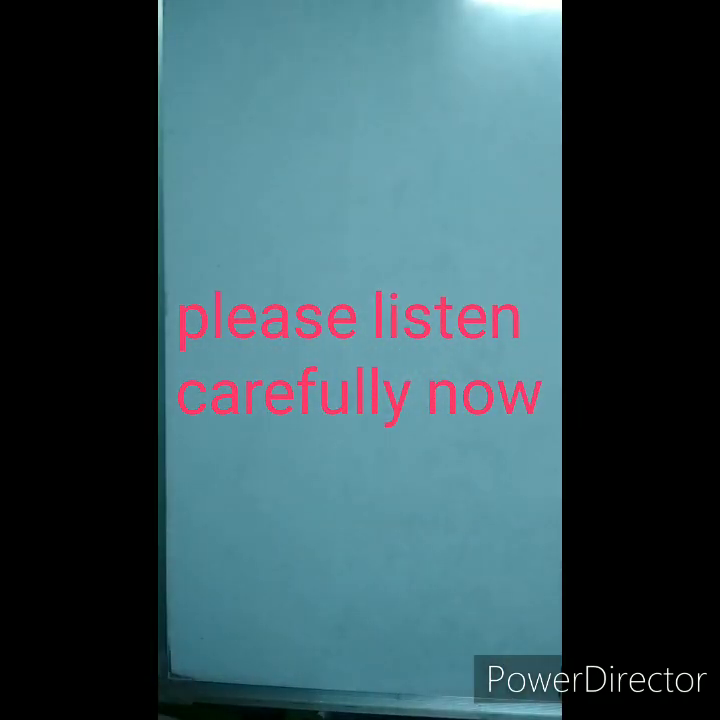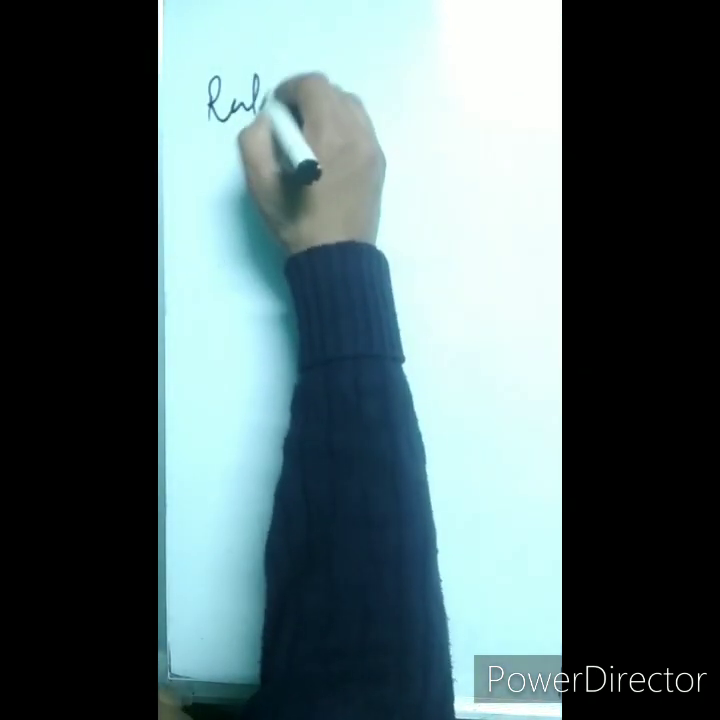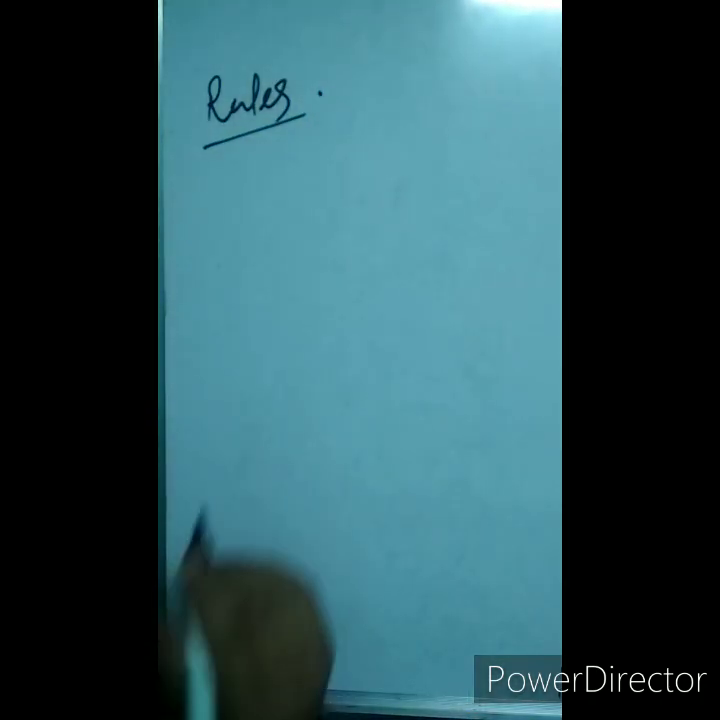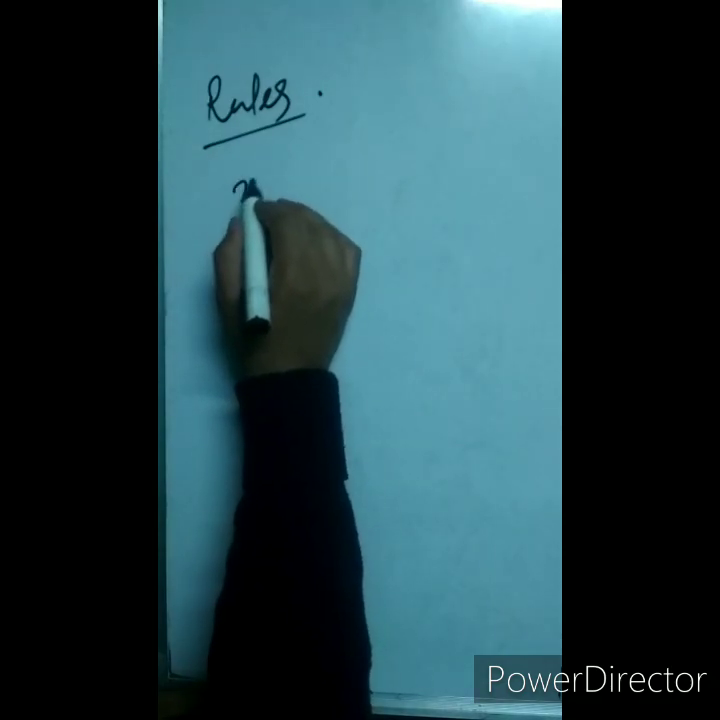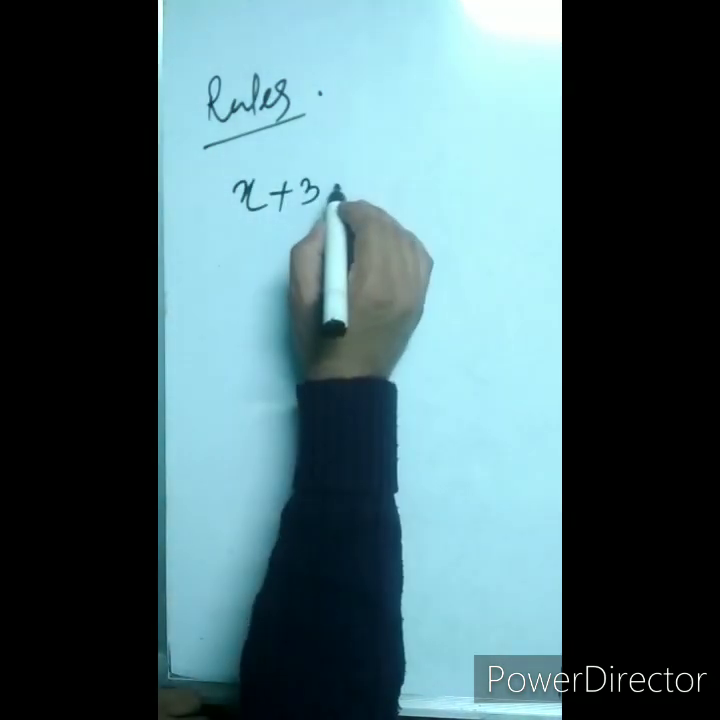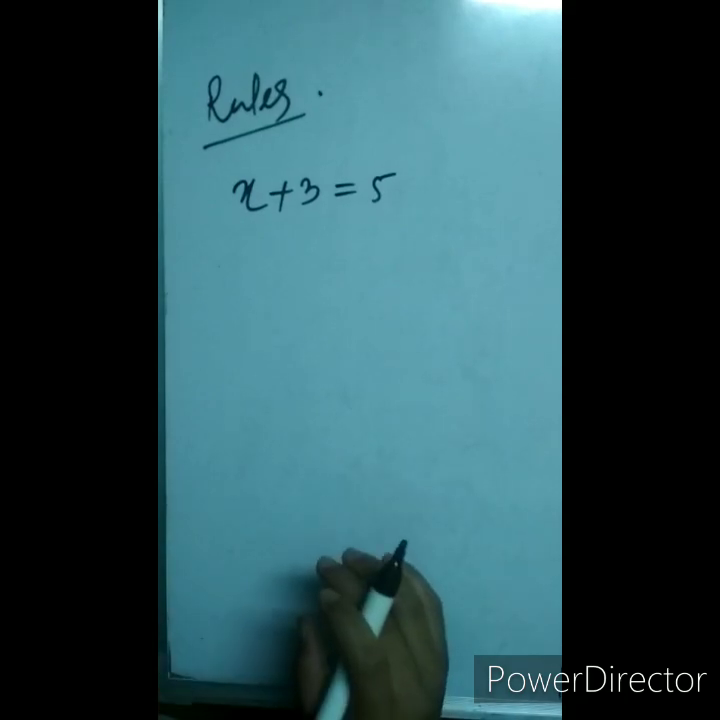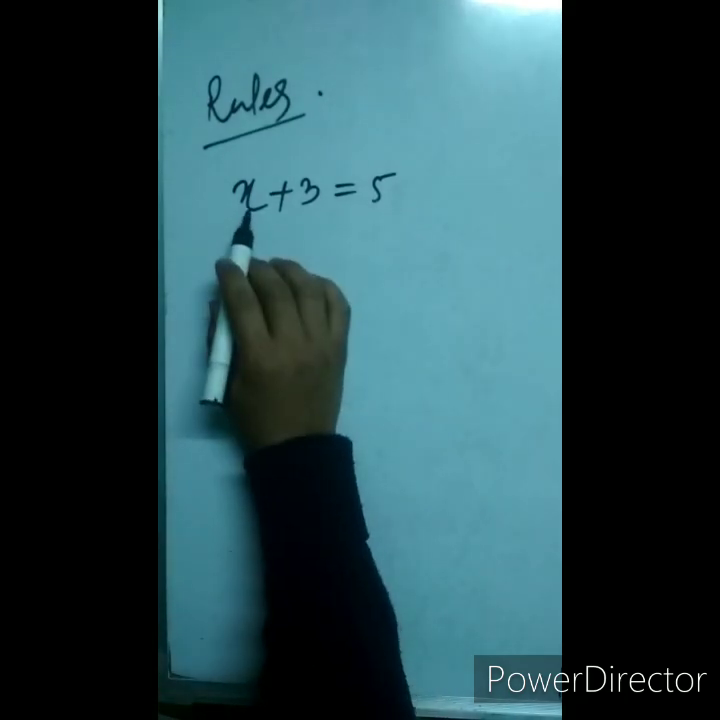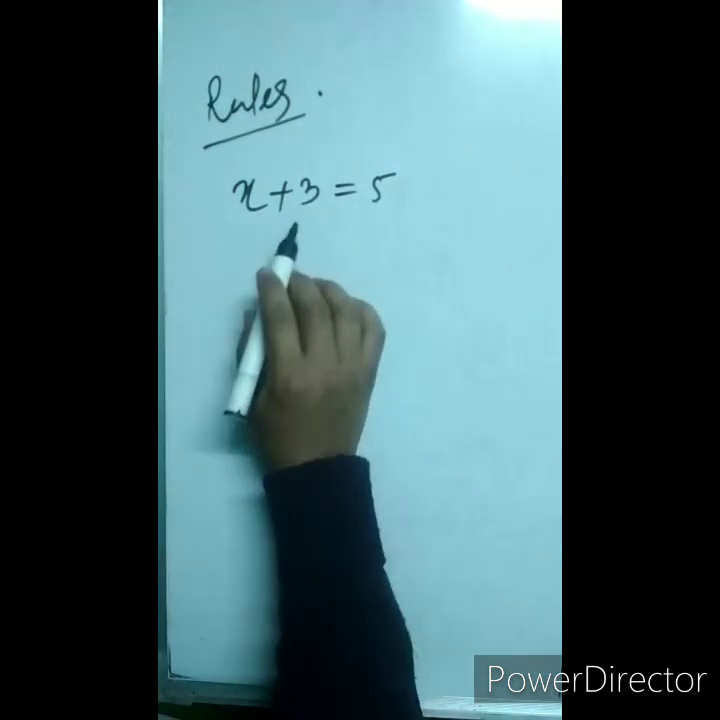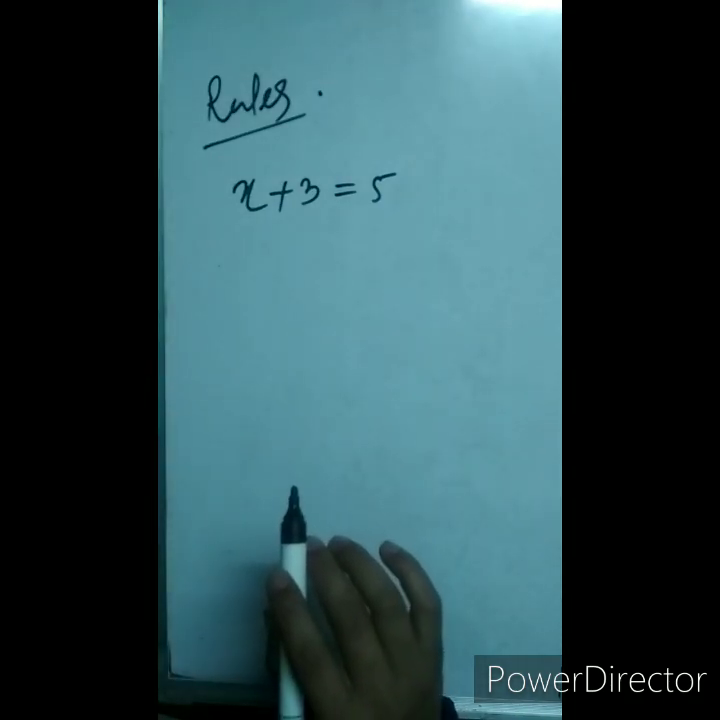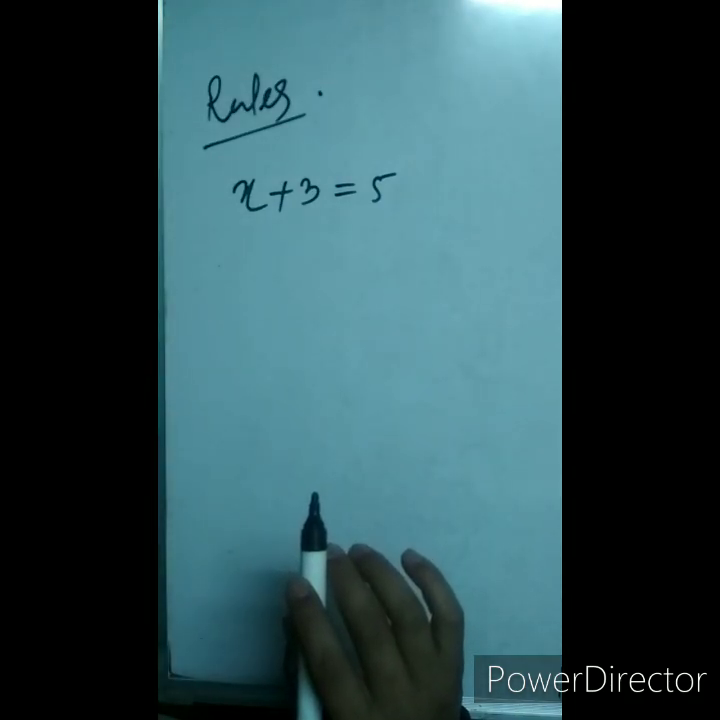So now I'll tell you some rules of solving the equations. Let me write here one equation now: x plus 3 equal to 5. In this equation, how many terms are here? We find here 3 terms: 1, 2, 3. Two of the terms are on the left hand side, and one term is on the